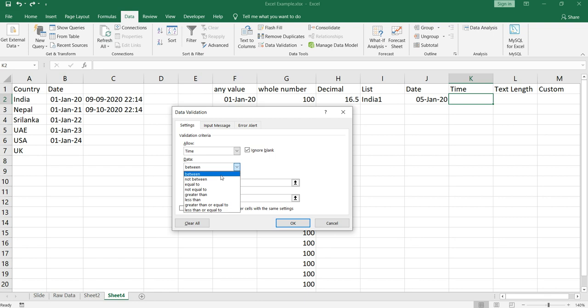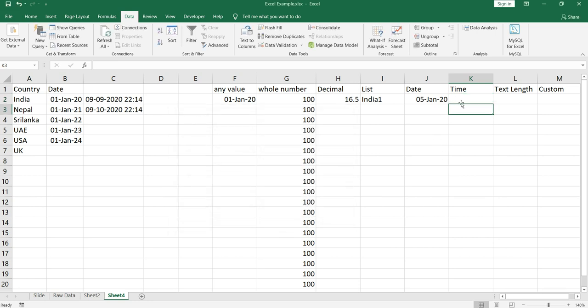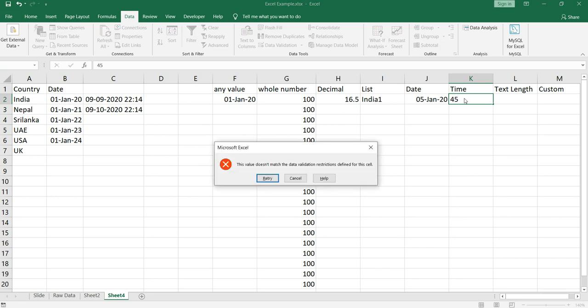So I'll use between, and I'll use the time as 22:13:15. Okay, so my start time is 10 p.m., 13 minutes and 15 seconds. My end time is 11 p.m., 13 minutes and 15 seconds. Then I'll click OK. Now if I input any number here, for example 45, it will show me an error message, right?